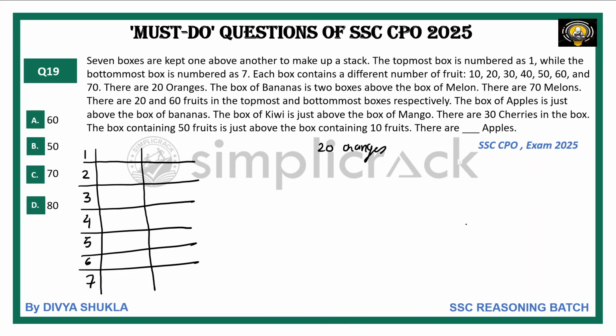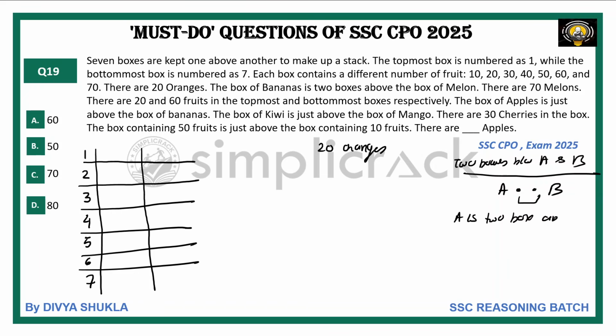Understand, there is a difference between two boxes. Suppose between A and B, if I'm saying there are two boxes between A and B, then it means it is like this: A, one box, two box, and then B. That means two boxes are in between A and B. But if I'm saying, let's take this example, A is two boxes above B,